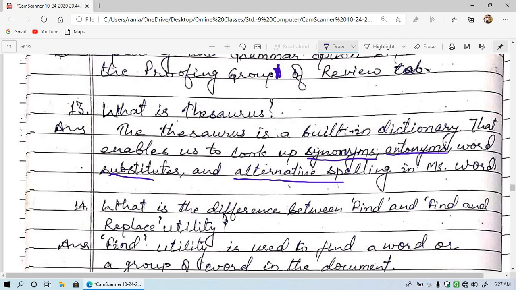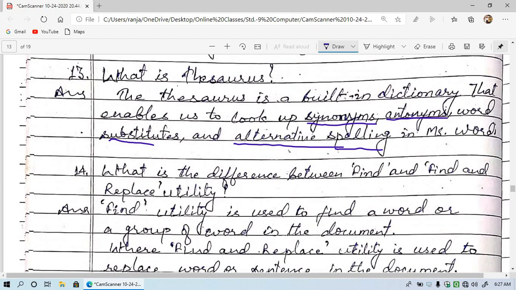For example, you may have seen that somewhere it is written COLOR and somewhere it is written COLOUR. So both are correct. So there is alternative spelling in MS Word. Thesaurus gives us the facility of all these things by which we can write very correctly.